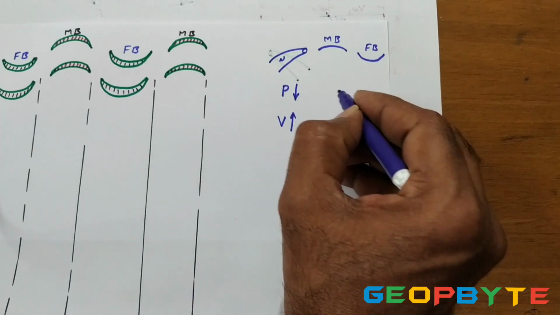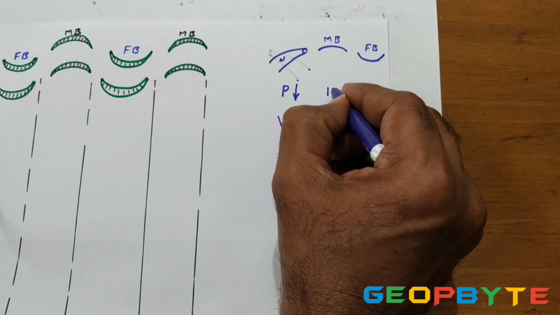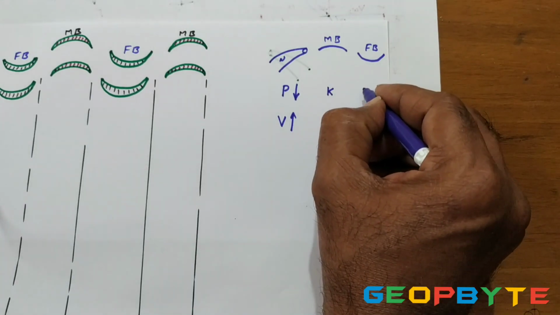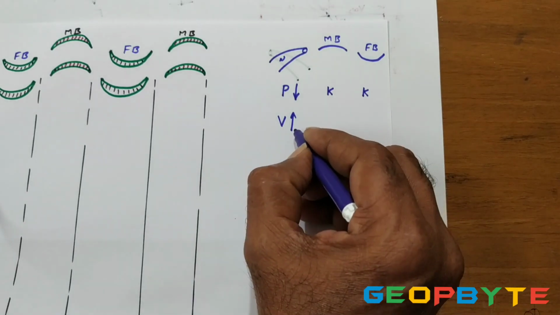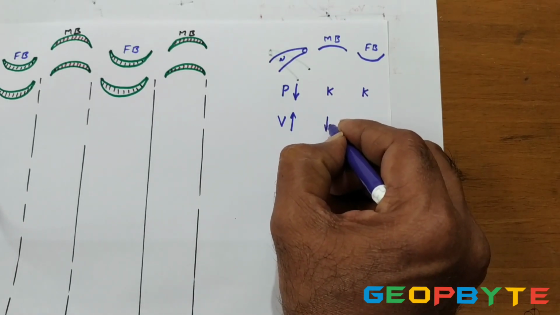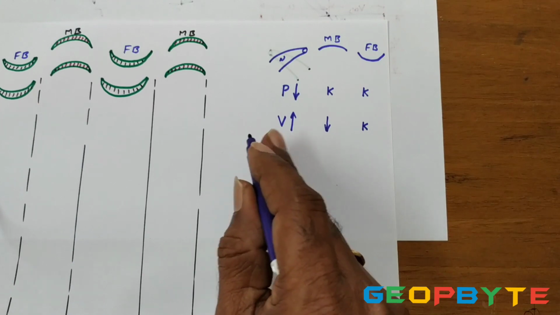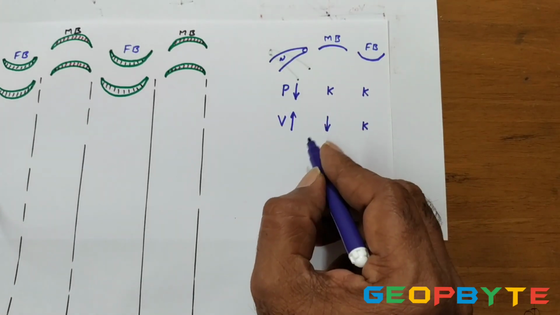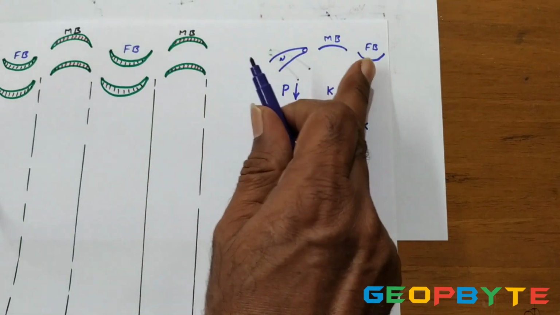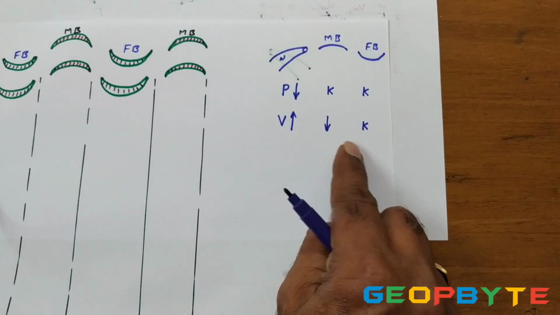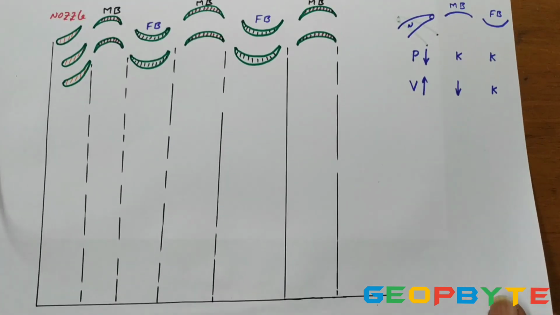While the steam is passing through either the rotor blade section or the stator blade section, pressure remains constant. Pressure remains constant in both the movable blade section and the fixed blade section. Whereas velocity is decreasing in the movable blade and is remaining constant in the fixed blade, theoretically. This is how pressure and velocity are affected while the steam is passing through the nozzle region, movable blade and fixed blade section. With this basic information, let us discuss the velocity compounding steam turbine.